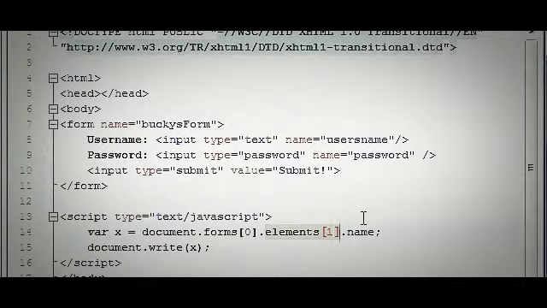Yes, there is. Instead of worrying about arrays, you have a different option of accessing your forms and also your elements. Instead of using the forms array, you can just go ahead and use the name of the form itself. And this